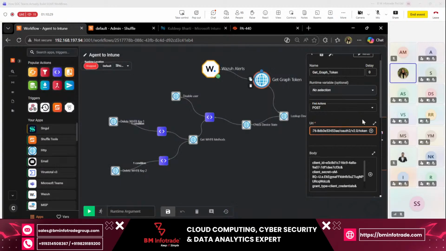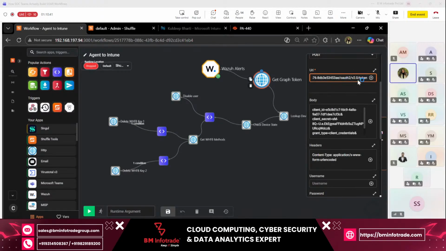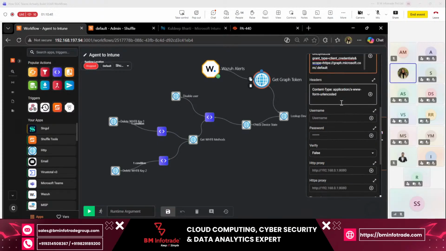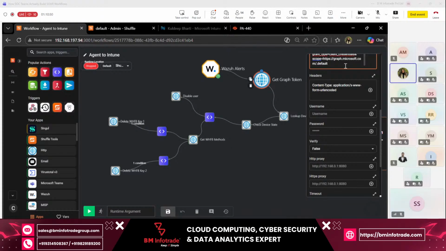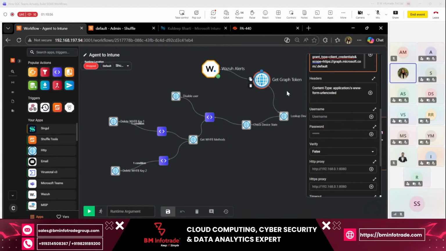You can get your tenant ID, application ID, and all the secret keys and the permissions by registering an application in your Microsoft admin portal. So we have given it the tenant ID, the client secret, and also the scope, like the URL that they have to go to get that particular token. So as soon as they get the token,